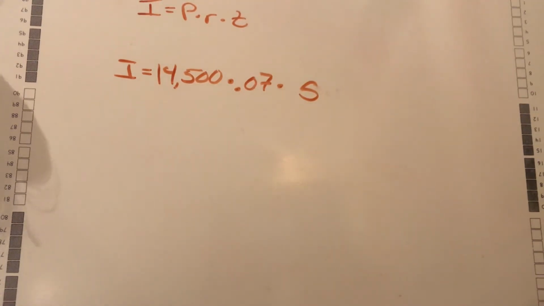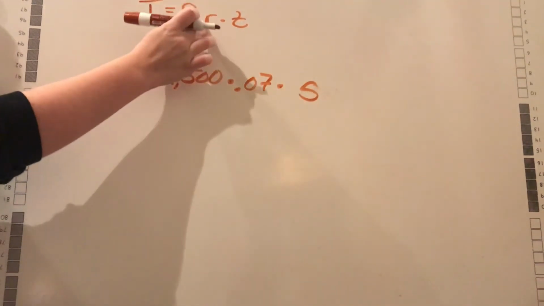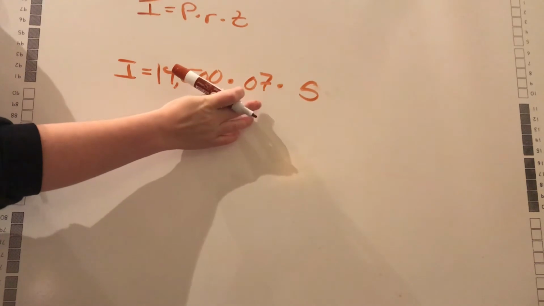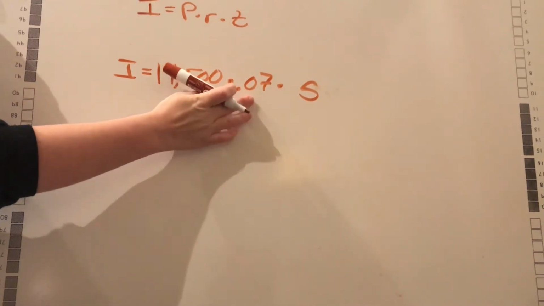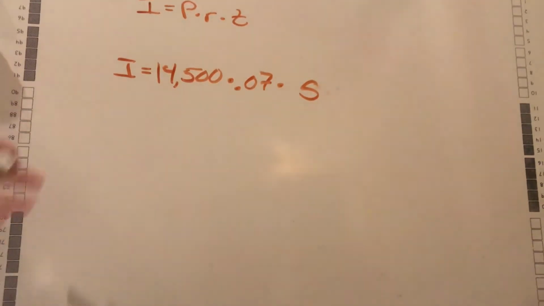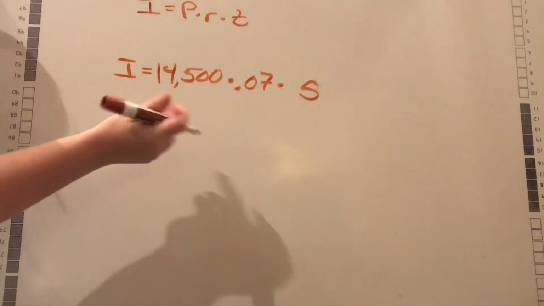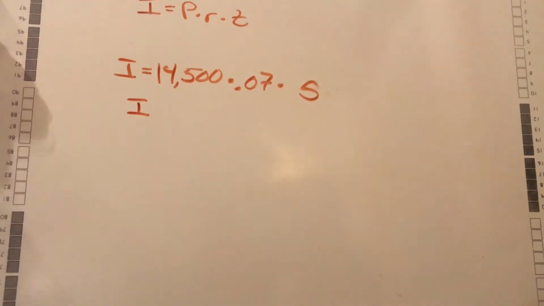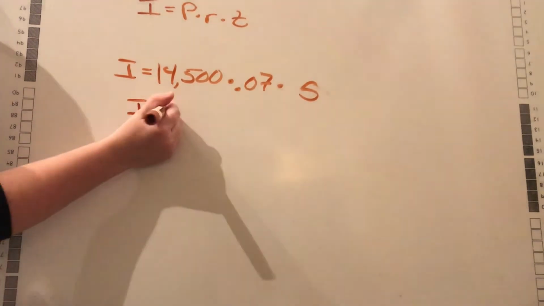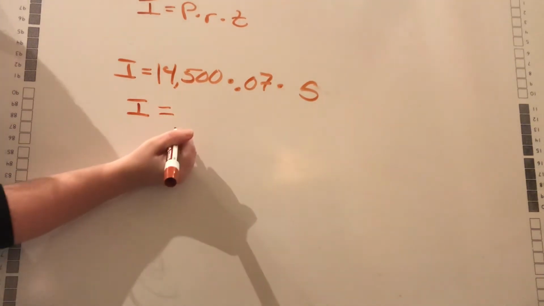These are larger numbers that we're dealing with. So you're going to multiply these three things. Remember, we take our percentage and put it into decimals. Translate all of your percents into decimals. And you can use a calculator, so 14,500 times 0.07 times 5 is going to give us